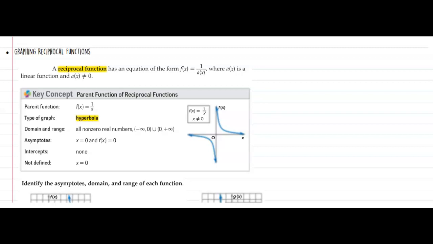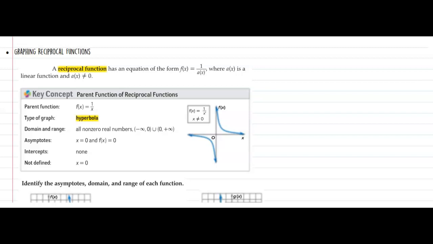If you recall in step 18, our goal is to solve and graph rational functions. So now we're going to shift away from solving and get more into the graphing side of things. Before we graph rational functions, we're going to dial it down a little bit to an easier function